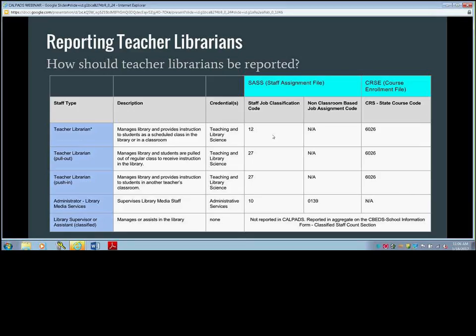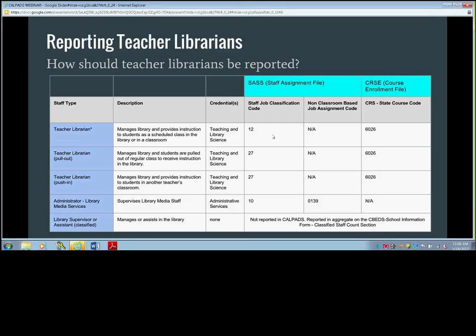For a teacher librarian pull-out, you're required to tell us that the teacher is teaching the course, but because it's in a pull-out setting and it doesn't necessarily exist in the master schedule, you don't have to tell us the students that are enrolled in that course. So you can report the course either way, in a pull-out setting or classroom-based setting.